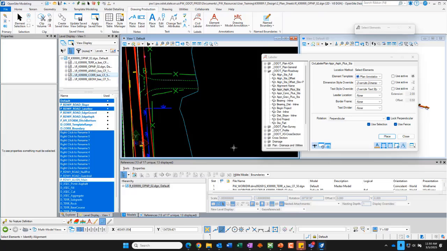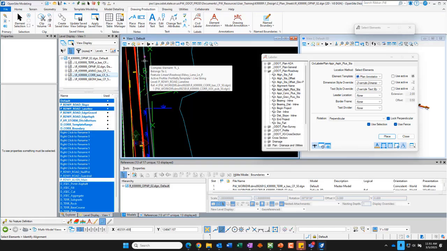Now in the lower left corner, I'm prompted to select or identify an alignment. If I hover my mouse cursor over the alignment, it says it's a complex element, coming from the geometry pub 50 file, which is listed at the very bottom of the box that pops up. If I choose other things, it tells me I could identify this roadway lane line P,